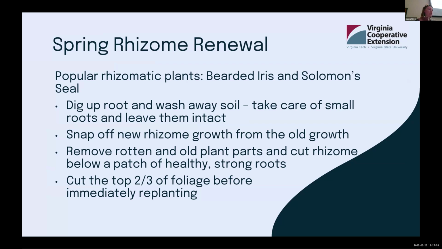is new growth, and it should snap right off. The new rhizome should snap right off of the old rhizome. If it doesn't, you can always cut it flush with the old rhizome. Then you want to remove any old decaying growth from the newly cut rhizome, and then cut right below some of the new roots and replant